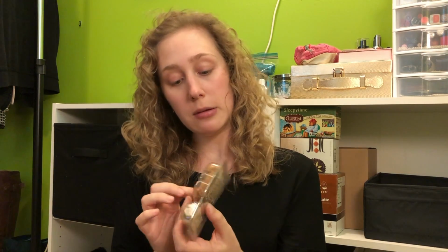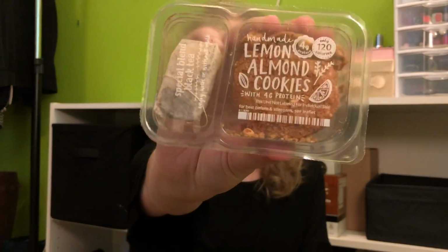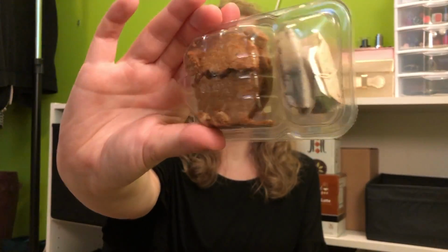And then I have more cookies. Oh, these are kind of broken. These are broken cookies. This is handmade lemon almond cookies. That sounds kind of good. And black tea. So they're kind of broken though. That's all right. So those are all 8 of the snacks that I got in my Graze snack